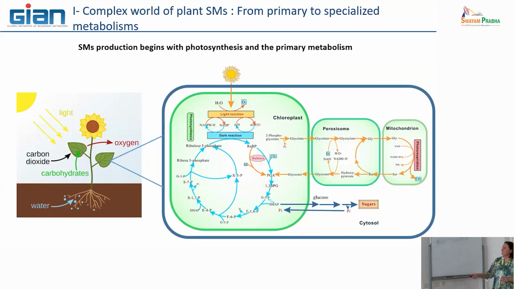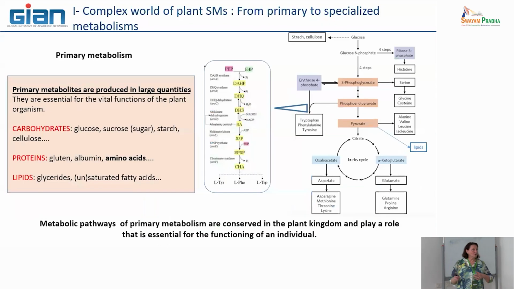So the three main categories of primary metabolites that are completely linked to photosynthesis are obviously carbohydrates, with glucose, the main molecule produced by the plants. After this, glucose can serve to develop the other parts of the plant, and also proteins and lipids. Both of these metabolites are well known, but what is interesting for us is that, in fact, it is this one that is the first point to enter the system of secondary metabolites.